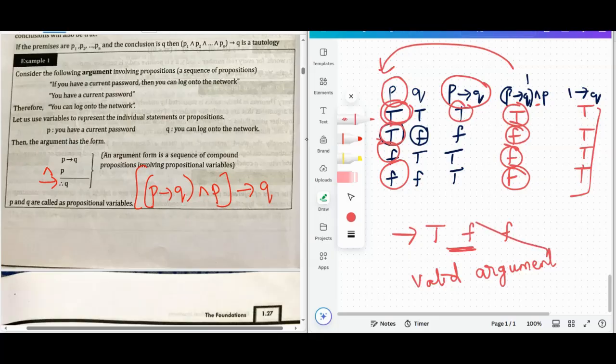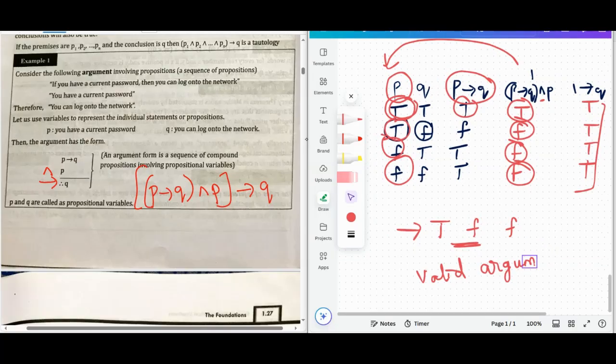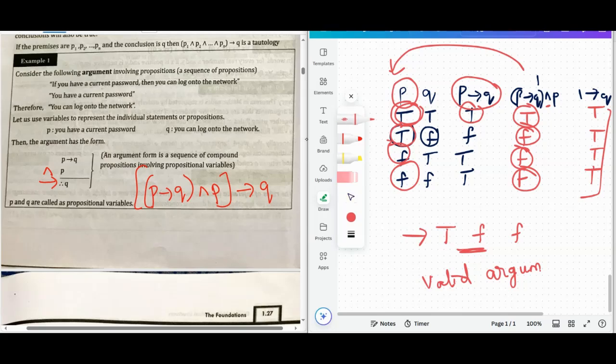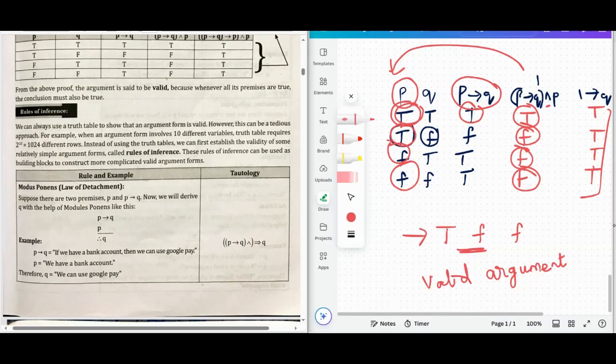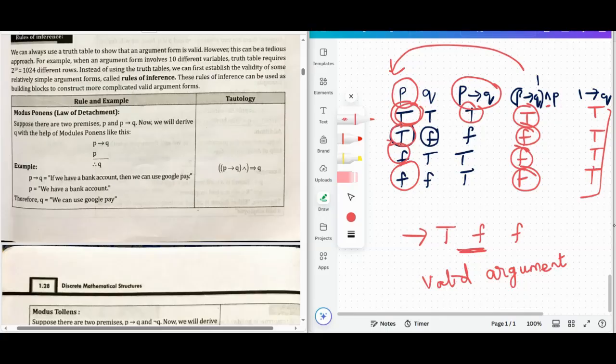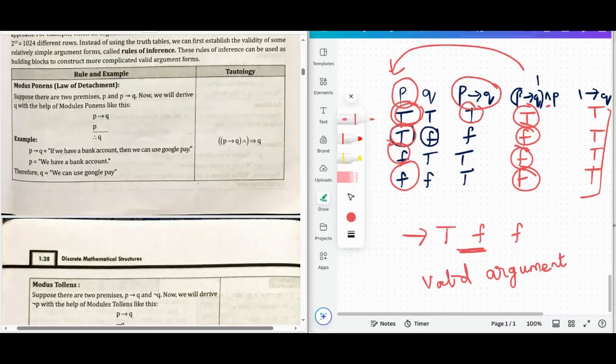So we have many laws of inference, and we'll just discuss them. Among these laws, you will get one law 100% in your question paper, so try to understand the laws. Here the first law is called